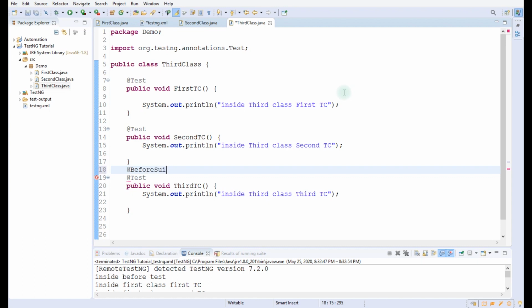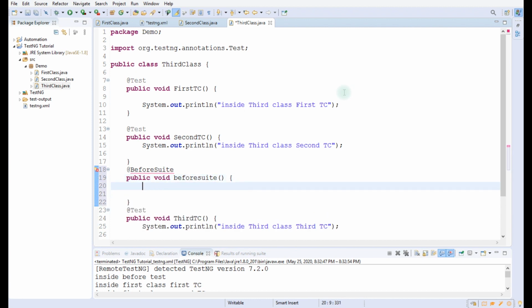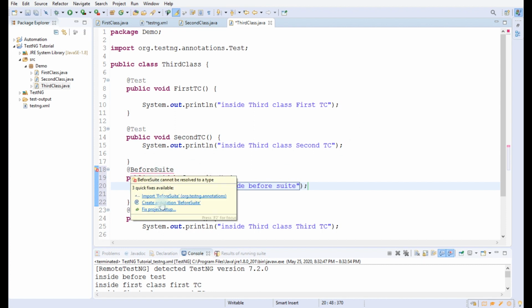Before suite, and let us name the function before suite, and inside let us print inside before suite, and we have to import the annotation.